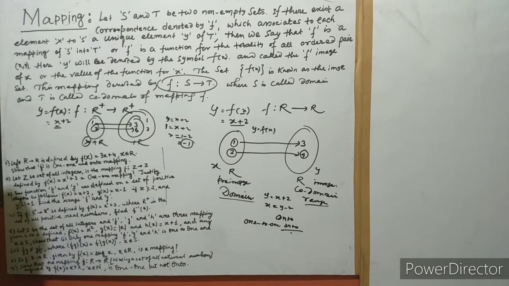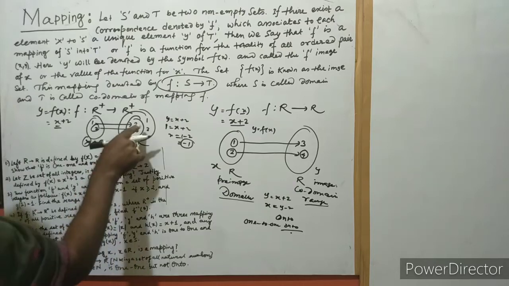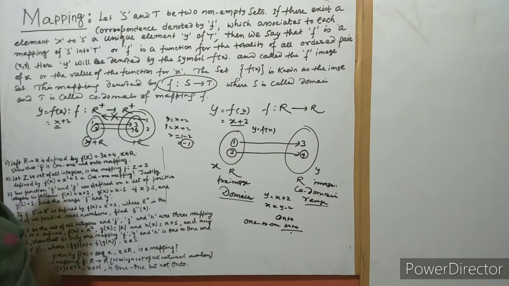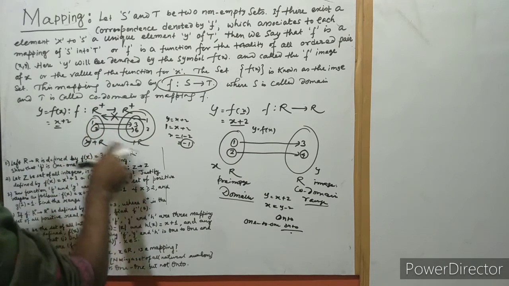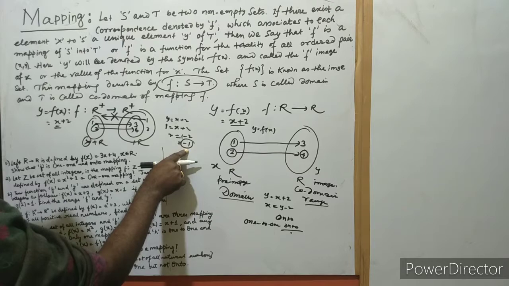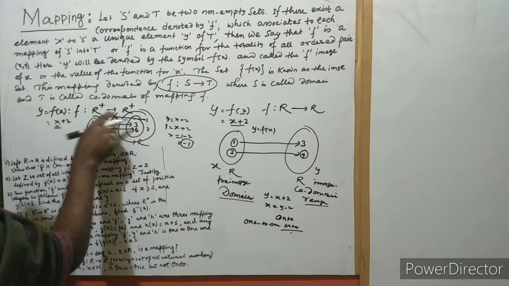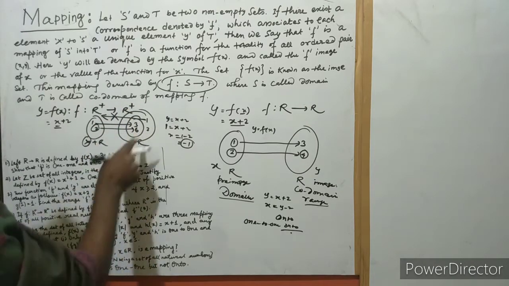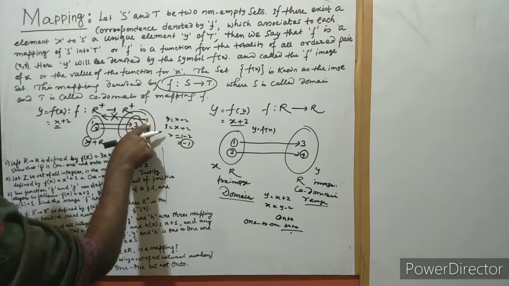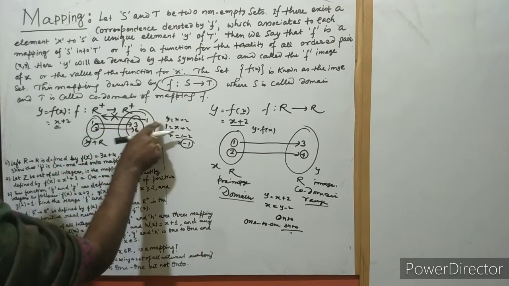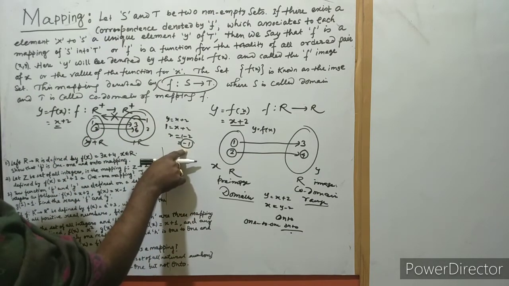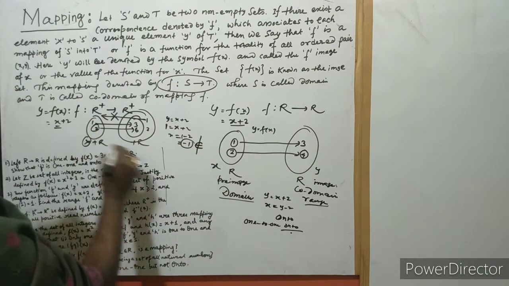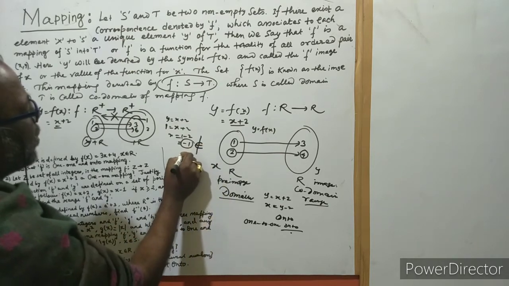So we don't get the pre-image of this, there is nothing there. As this is a positive set, we don't get the value of x is equal to minus 1. As in the question we have given that this is a positive real number and this is a positive real number. So in this set, on the positive real numbers, here is 1. So if we put here 1 in place of y, then we get a negative. So this does not belong to the domain, does not satisfy the domain.